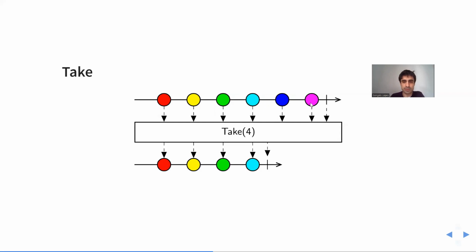In this case, the original sequence was this one with 6 elements in a complete, and now it starts to react to the elements. So it gets the first one, the second one, the third one, the fourth one, and after receiving the fourth one, without waiting for another element to arrive, it just terminates the sequence. So it just says that the sequence has terminated successfully and cancels the subscription to the original sequence,